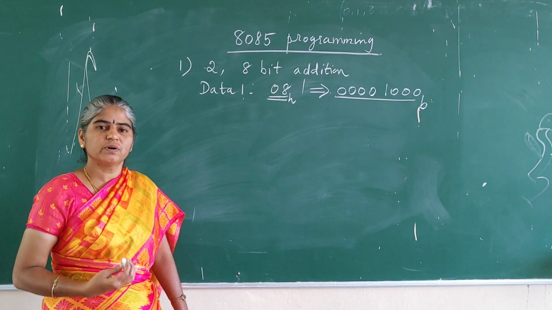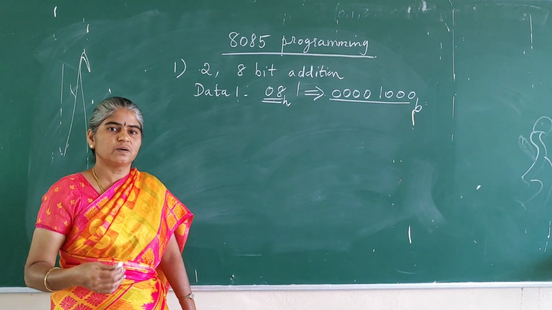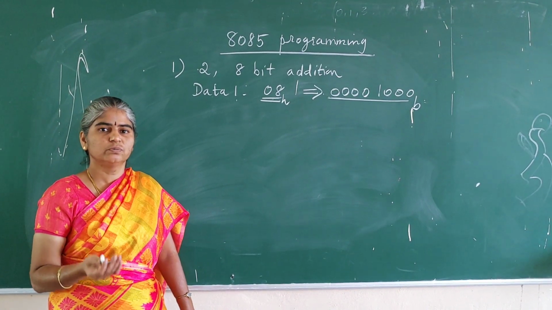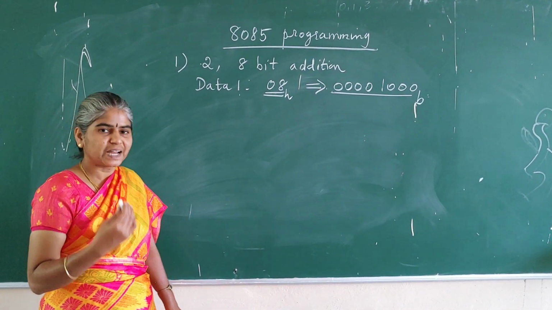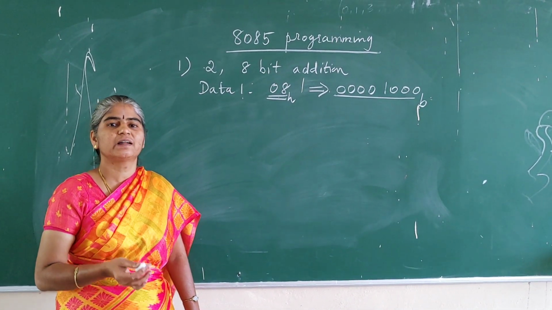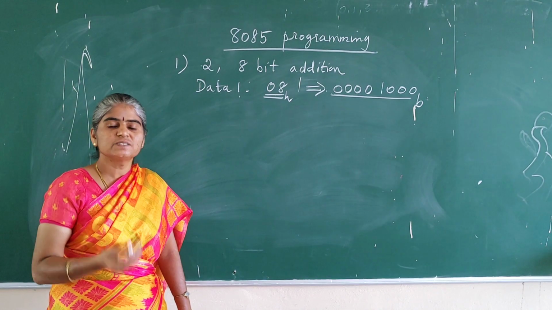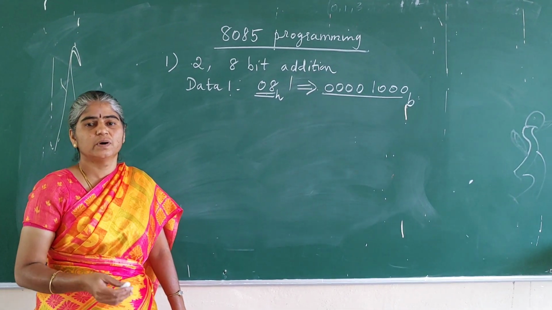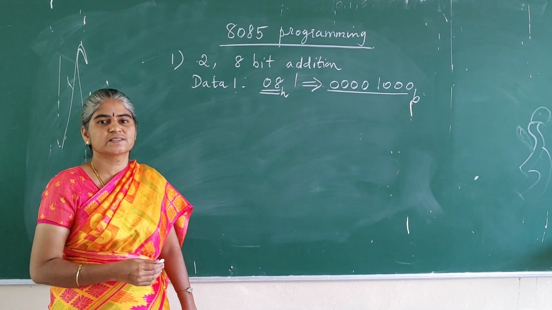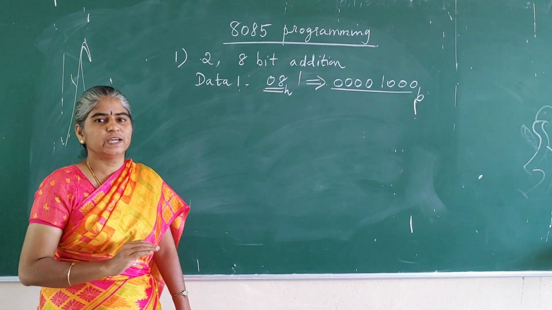Whenever you want to perform any kind of operation, it may be addition, subtraction, multiplication, division, or logical operations like AND, XOR, NOT, any kind of operation can be done with the help of hexadecimal data given by the programmer or user. Everything is converted into binary and taken for processing. After decoding this data, finally the entire instruction will be executed. This is the common procedure applicable for the microprocessor.